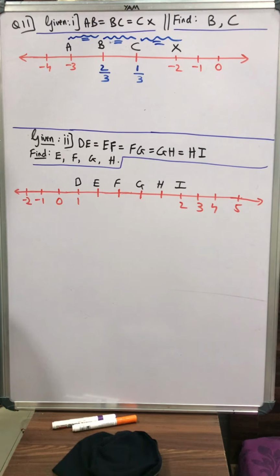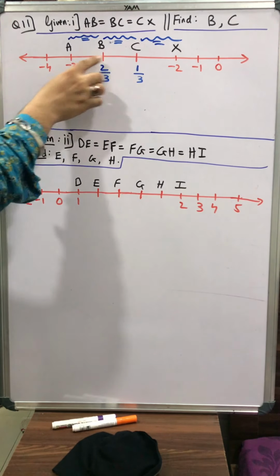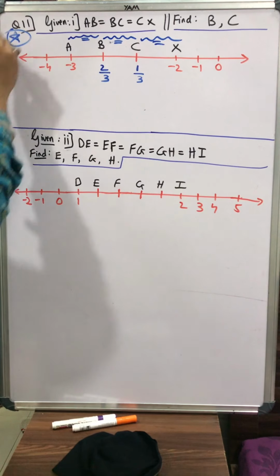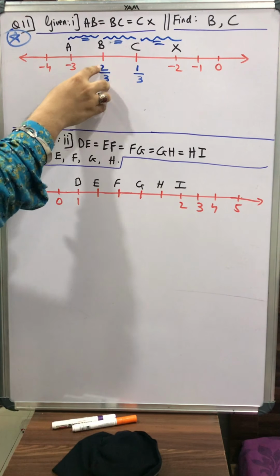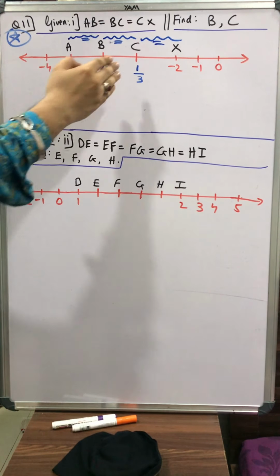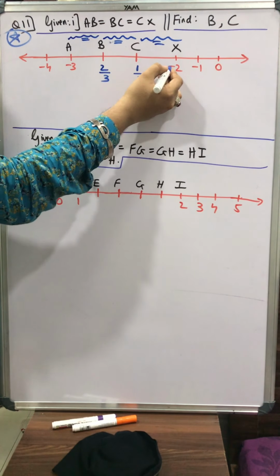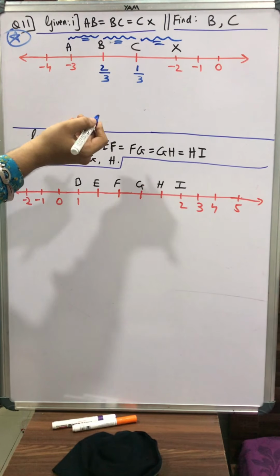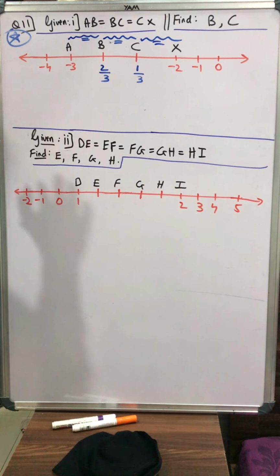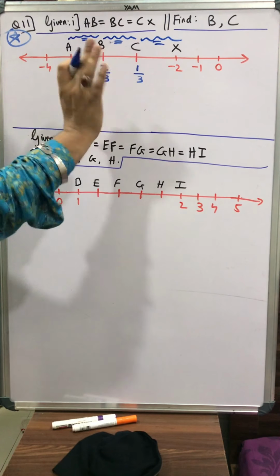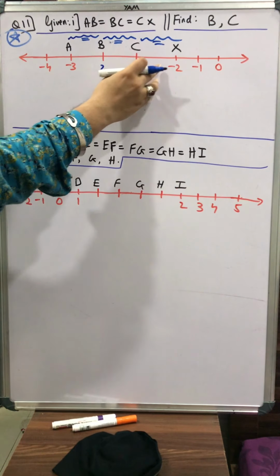Okay, like that. Now, students, we wanted the value of B and C. So just don't tell like this. Please, I request you, don't tell like this. This sum is very important. Don't say that this 2/3 is the value of B and 1/3 is the value of C. No. See, this minus, what does it indicate? That we are on the left hand side of 0. Okay, but can I say, just don't see this minus sign. I request you, don't see this minus sign.